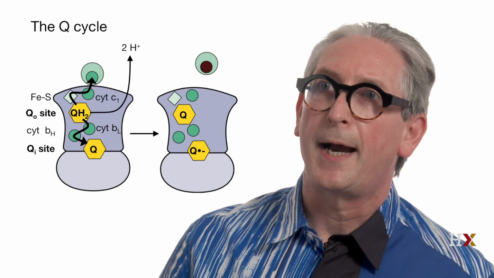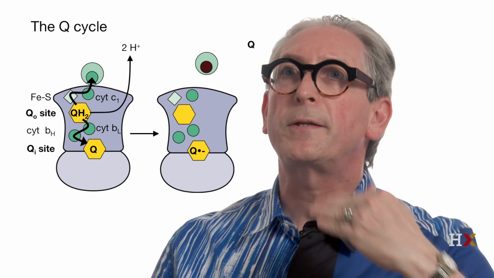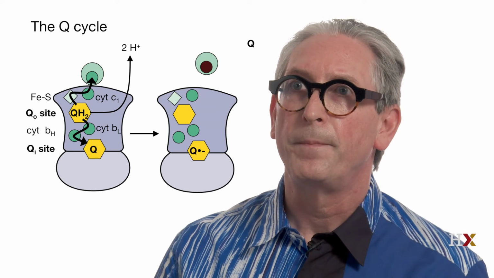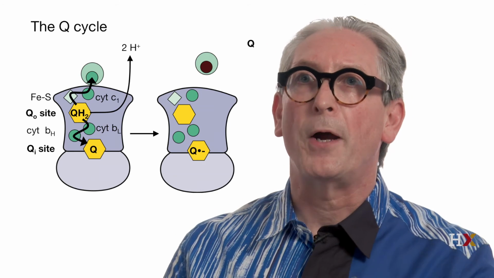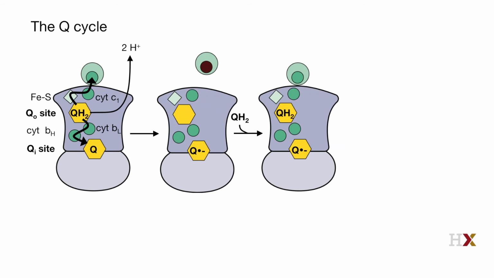The fully oxidized coenzyme Q dissociates from Qo and is replaced by a fully reduced molecule of coenzyme Q, QH2. And then a new molecule of oxidized cytochrome C binds to cytochrome C1. So now a new molecule of QH2 is bound to Qo,